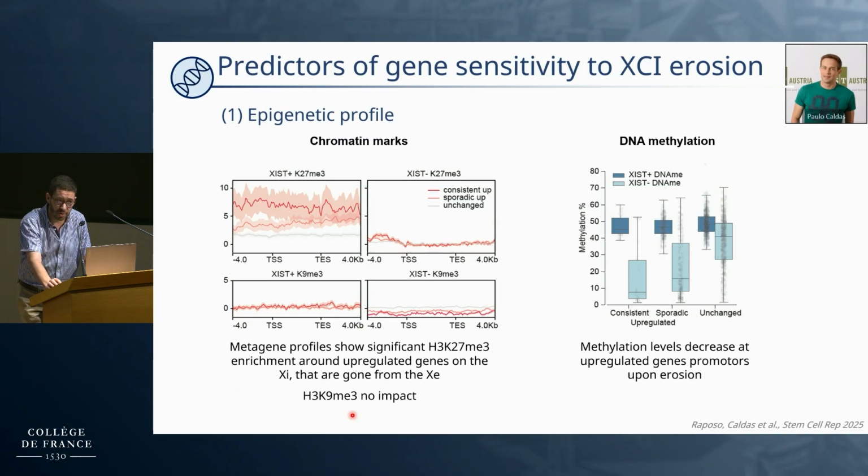Another aspect is the epigenetic profile of our eroded genes. Our eroded genes were the most enriched for the H3K27 trimethylation mark in the active X, particularly these consistently eroded genes. And this enrichment basically vanished in the XIST-negative cell lines. We don't see anything important happening with the other mark, the H3K9 trimethylation mark. And this is data that was already found by other people like Claire and others. Another thing that we see is that our eroded genes lose DNA methylation upon erosion, and this is not observed for our